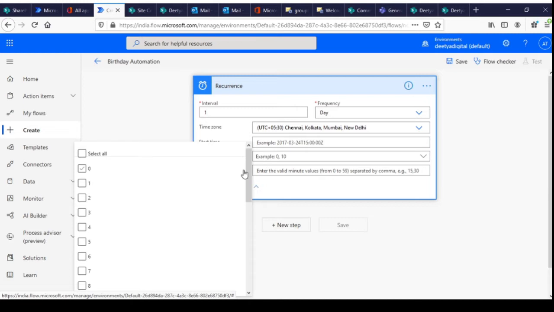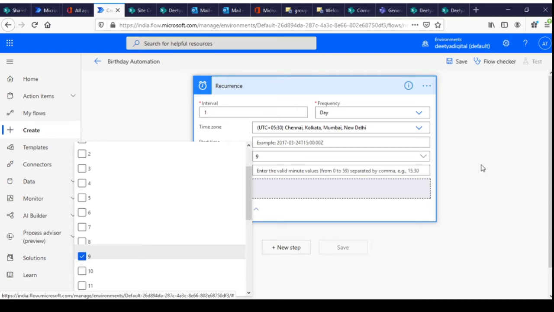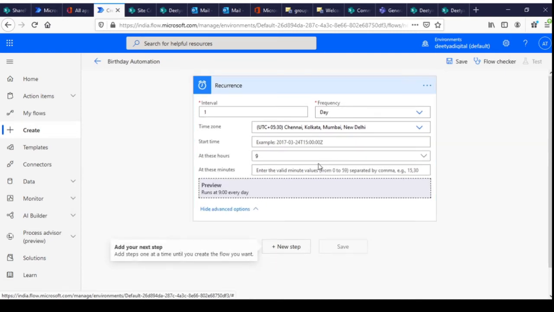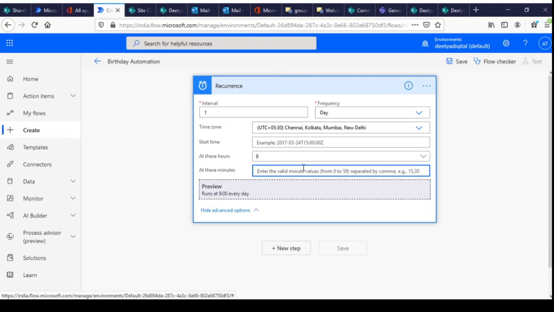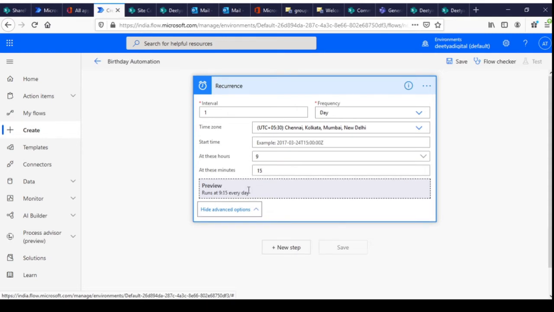I will choose 9 a.m. If you want to add any time, like 9:15, then it will trigger at 9:15. So the preview runs at 9:15 every day.